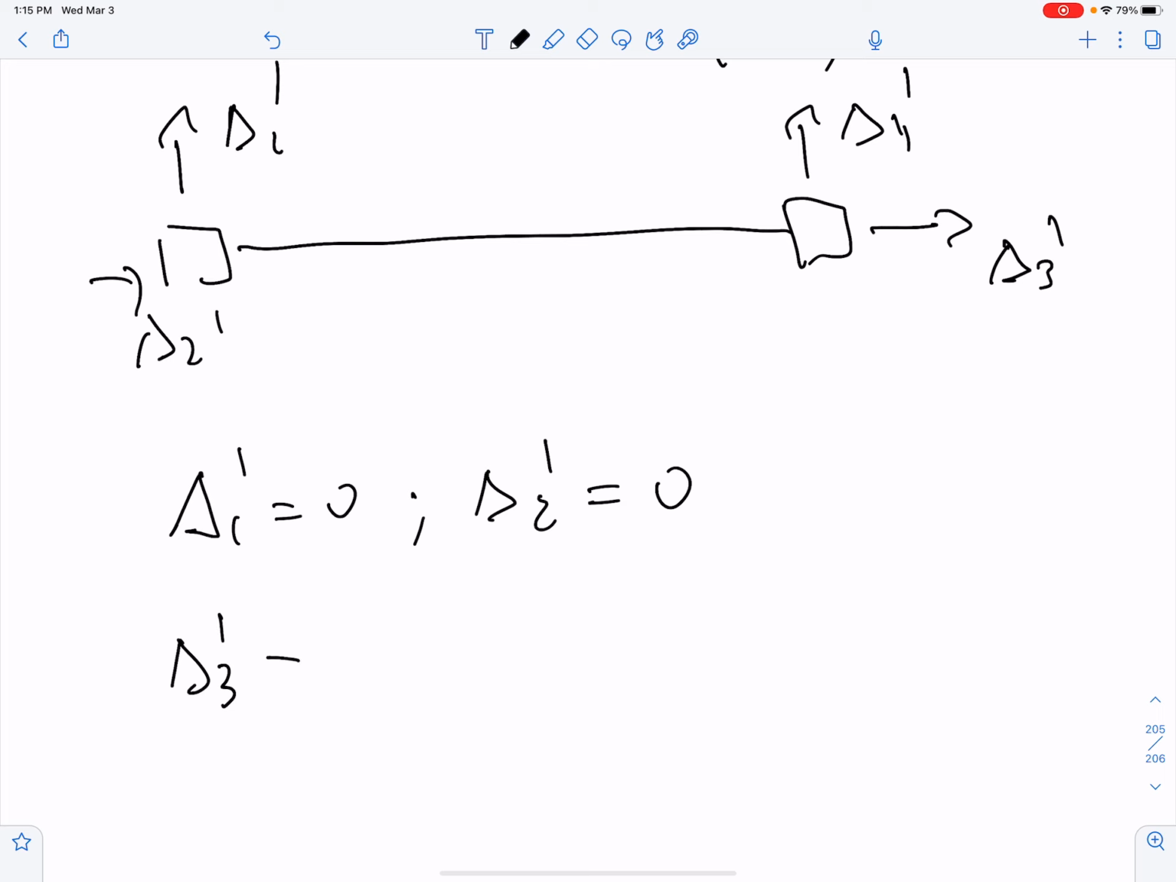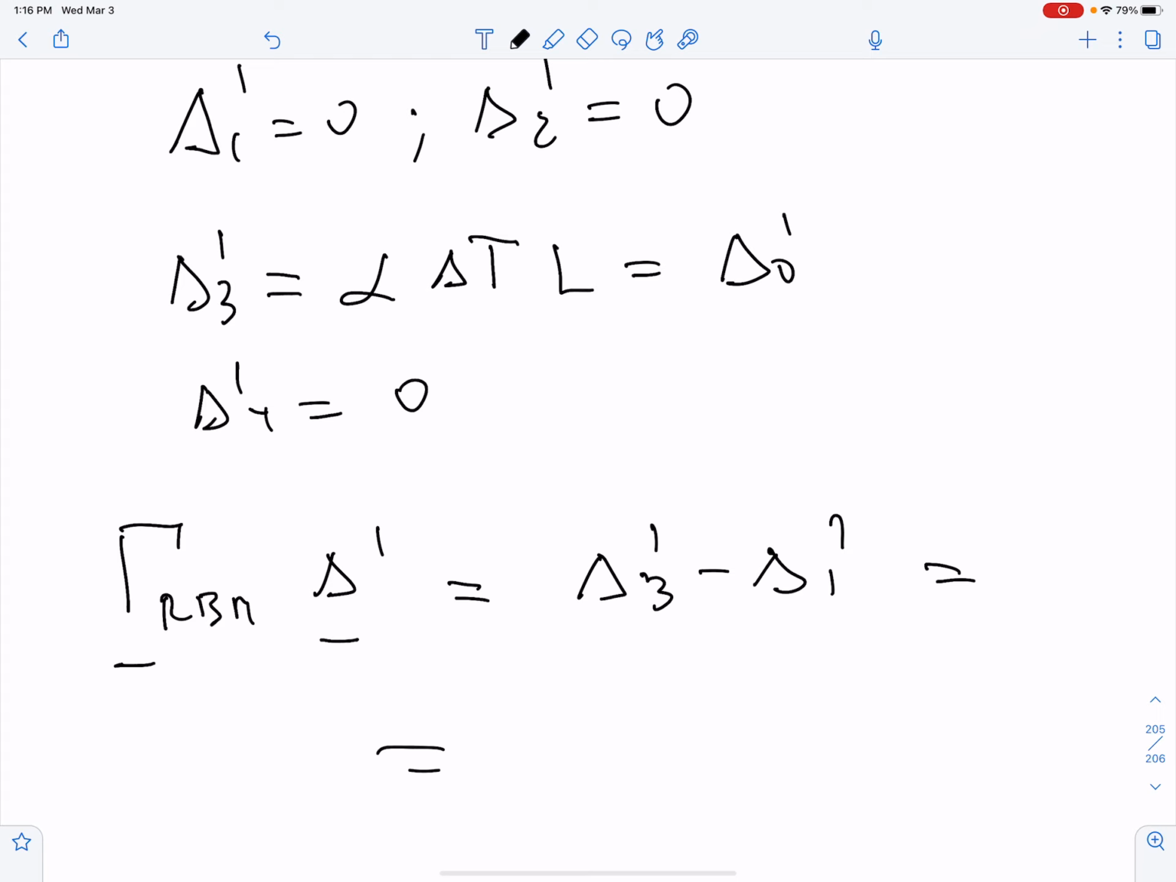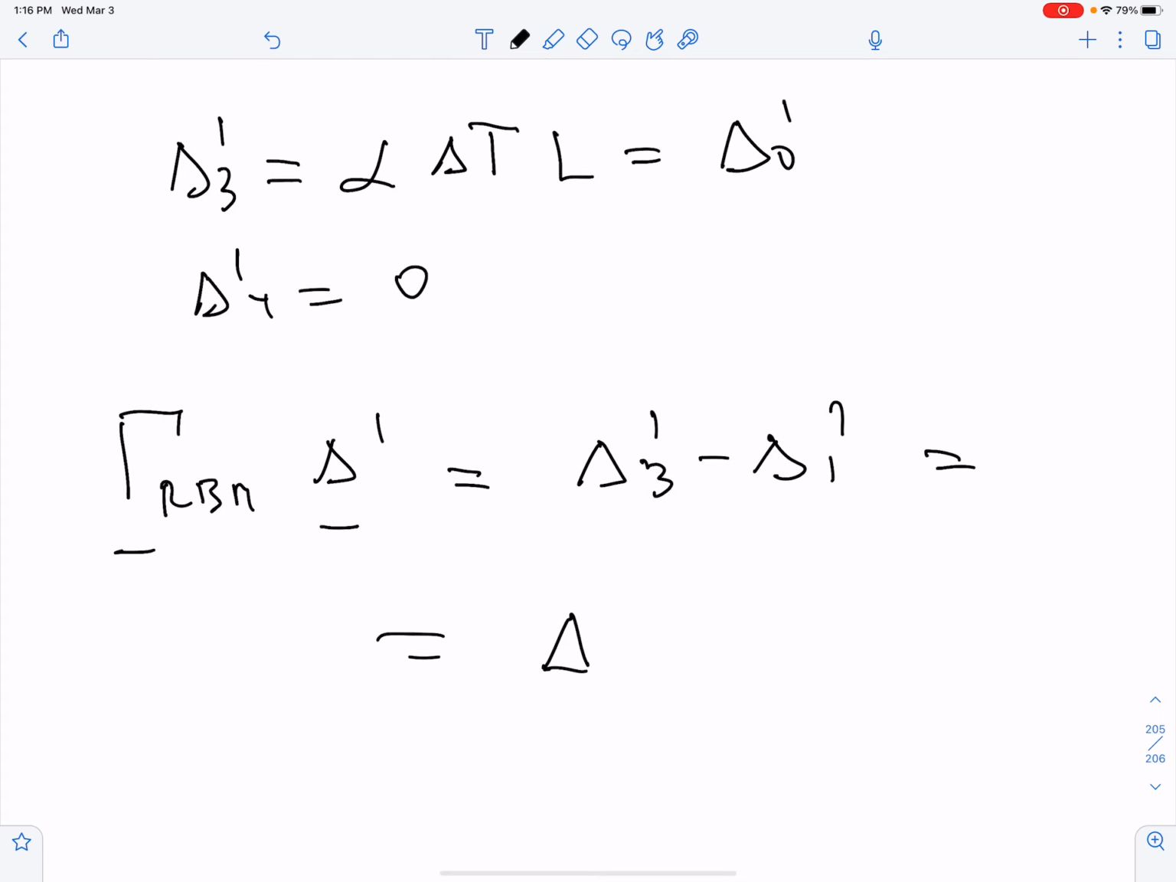Delta 3 prime is exactly alpha delta t L, or delta 0 prime, this elongation, and then finally delta 4 prime equals 0. So we can take this state of the displacement, multiply by gamma RBM, times delta prime here, and we see that it's going to be exactly delta 3 prime minus delta 1 prime, the relative elongation, and that relative elongation is exactly delta 0 prime, and we derived it